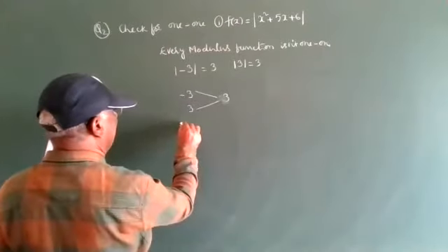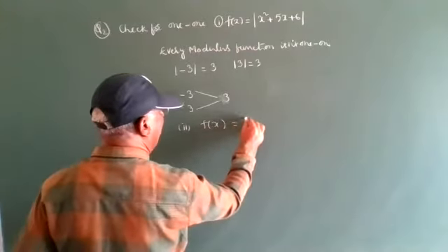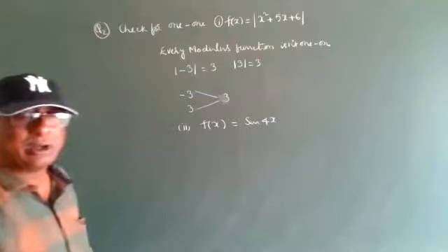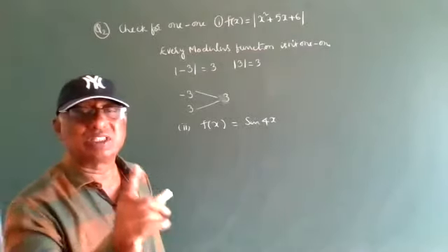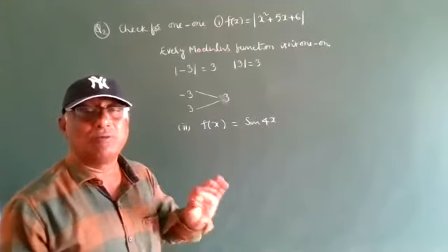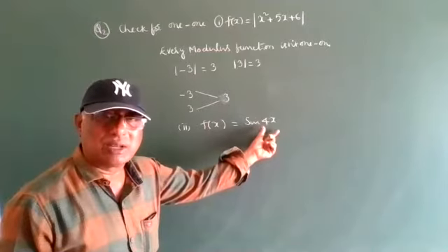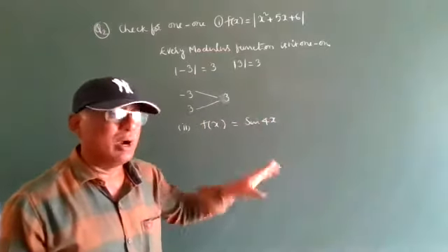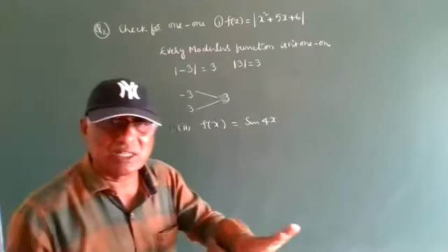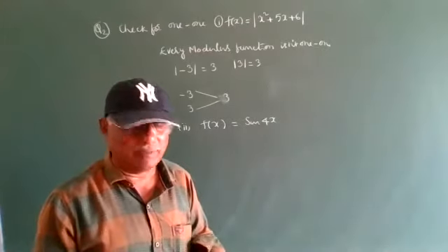Yesterday I wrote the second bit also for this one. What is the second bit? f of x is equal to sine of 4x. So without observation, you should write down: every trigonometric function is a one function. No objection. Here whether it is x, 4x, 5x, 10x, whatever it may be, every trigonometric function is a one function. Simply we can write it down. Is it clear, everyone? Right.